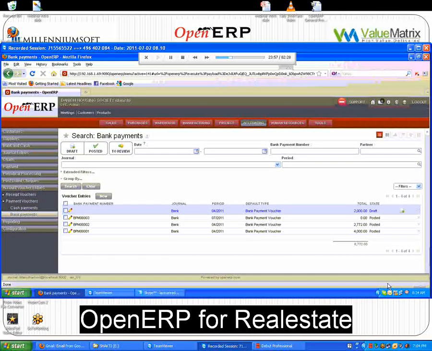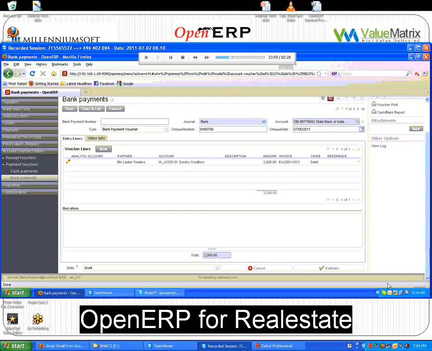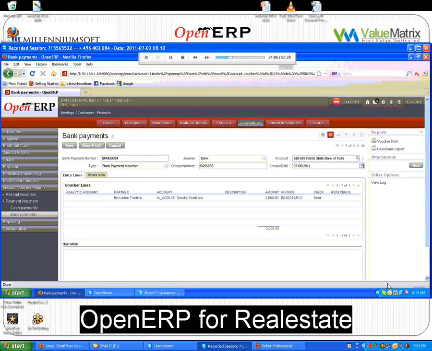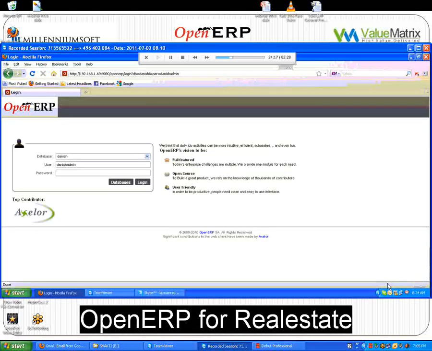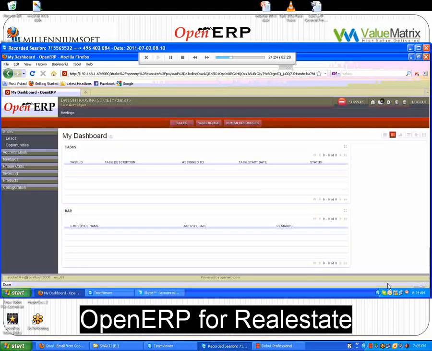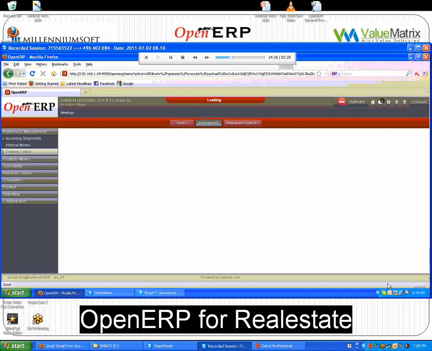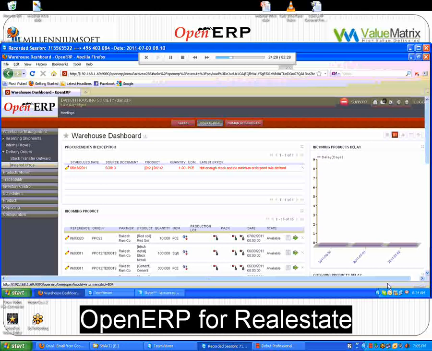Here they can see the draft is ready for approval, so he will just validate there after reconciling all the details, and there it is validated. We'll go to the login by the inventory manager again, where the inventory manager can see